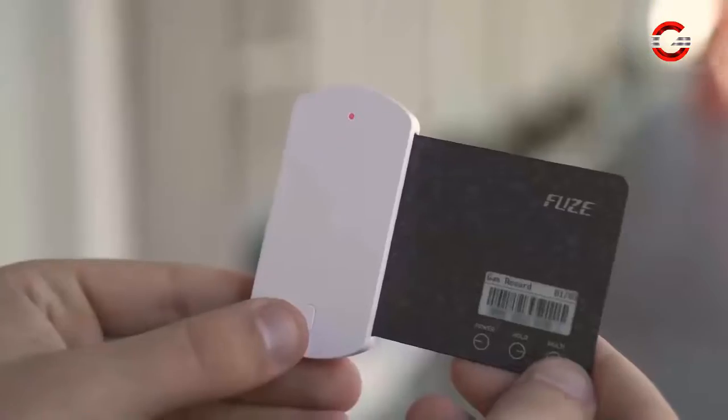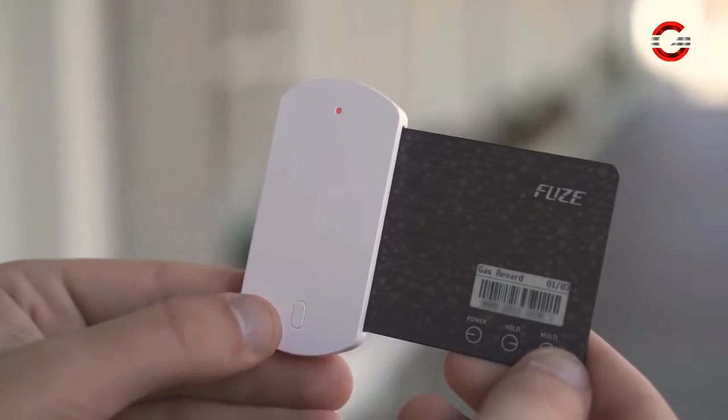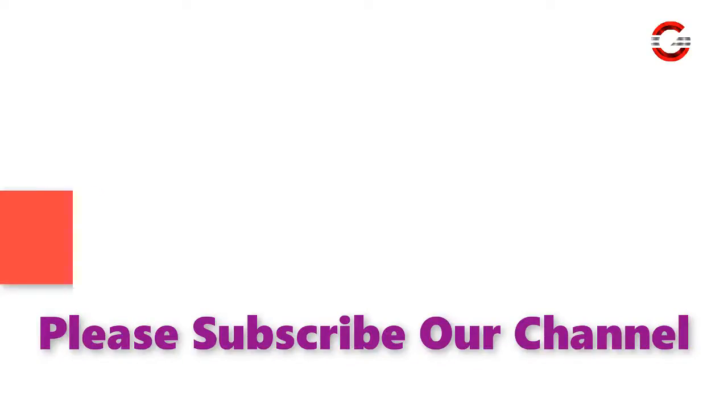But when you do have to charge it, Fuse's portable charging cradle has a built-in battery, allowing you to charge the card